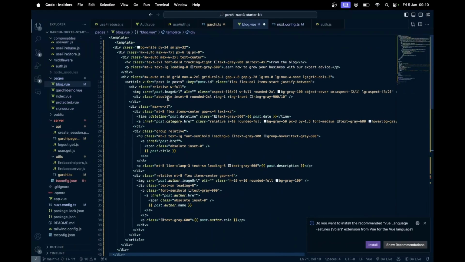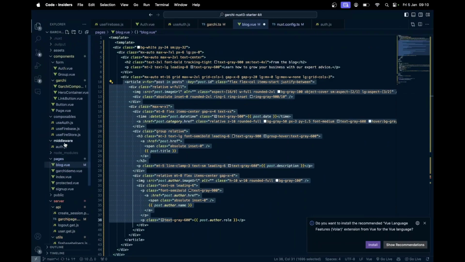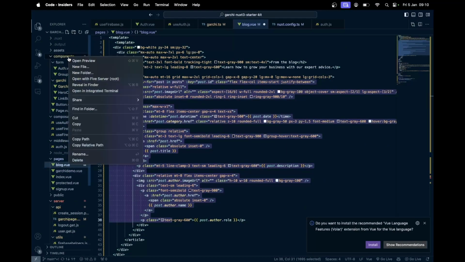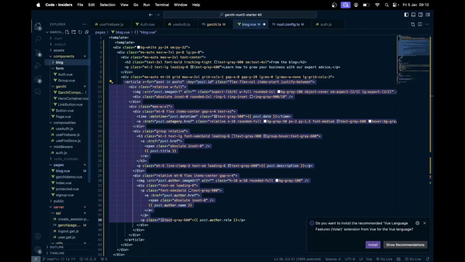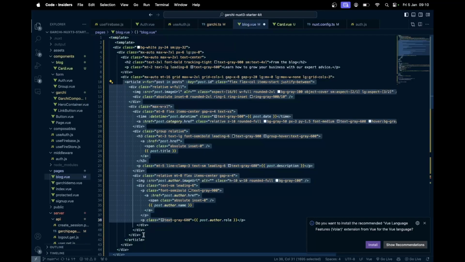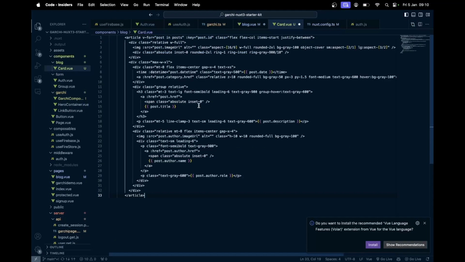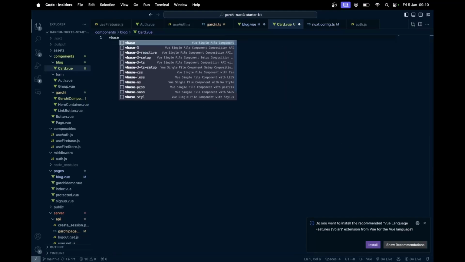And what I'm going to do is create this article as a separate block card. So here I'm going to create a component, new folder. Actually, I'm going to call it blog. Within the blog, I'm going to create a file known as card.vue, and then get this blog article from here like this and put it over here. Sorry, script setup,